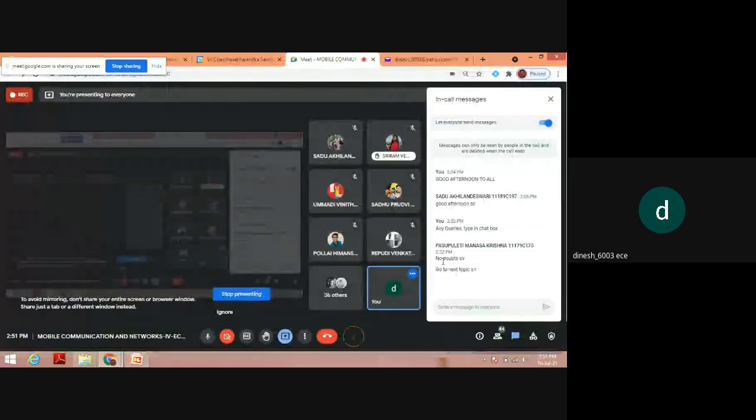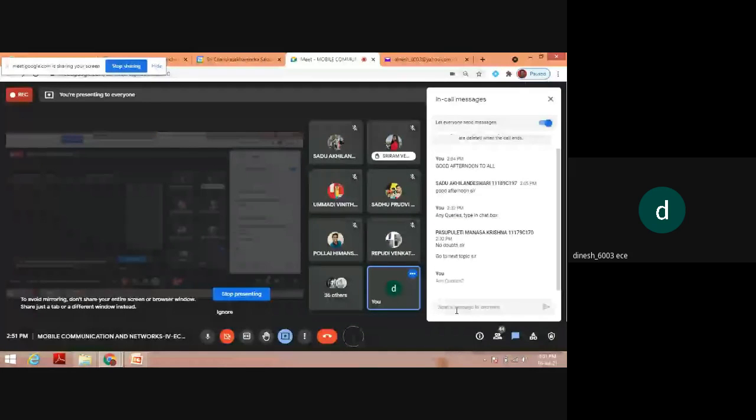So any queries in this difference, channel or adjacent channel? Determination of signal to noise ratio, signal to interference ratio. Any queries, type in chat box, because